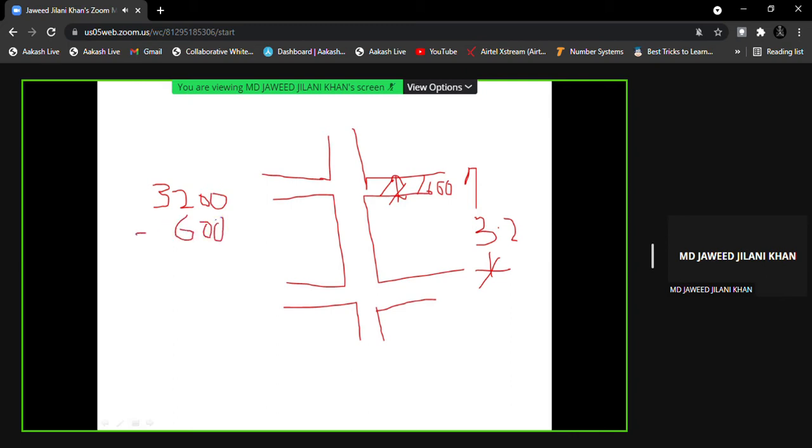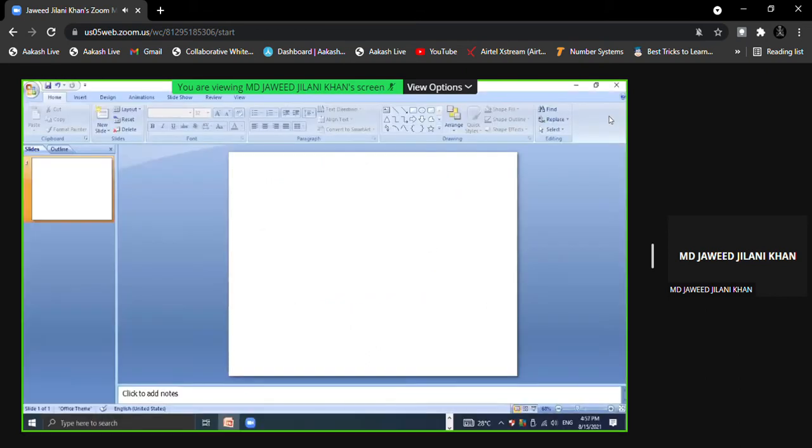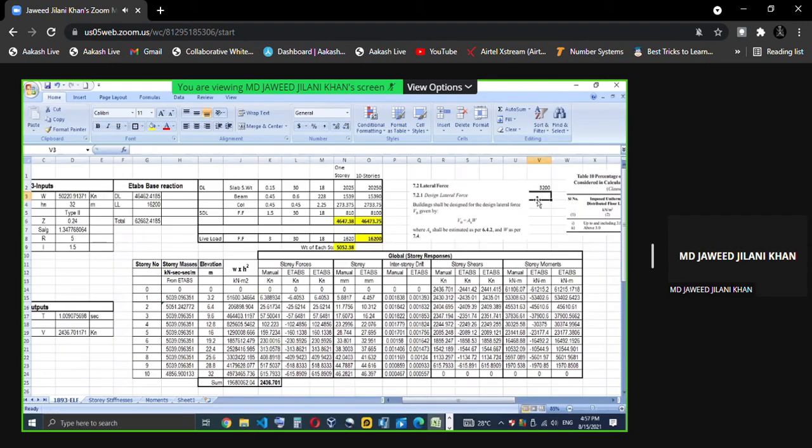So let me go back to the Excel sheet. Here, this equals 3200 minus 600, right? Plus, there is also the slab of 150 mm, so that also has to be subtracted.